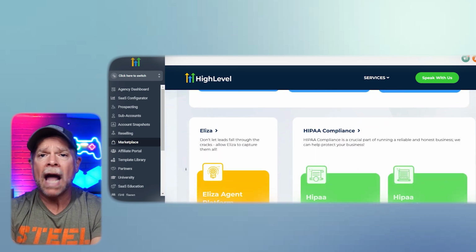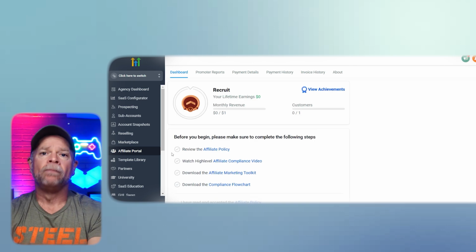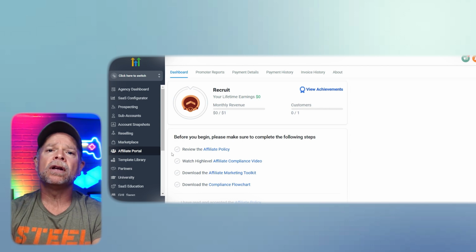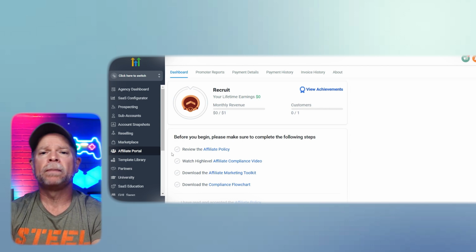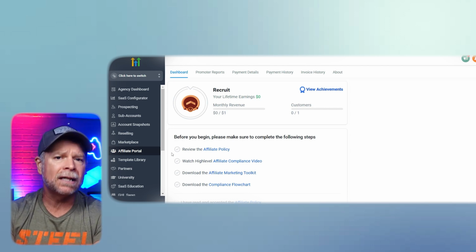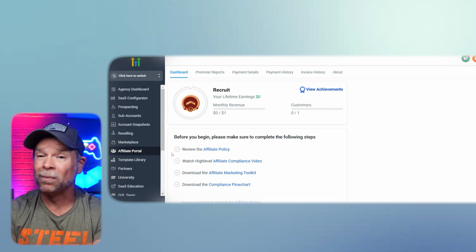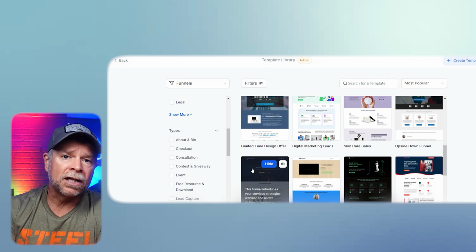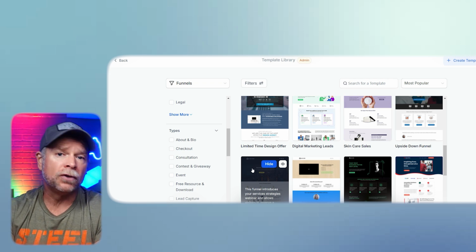Moving along, we have the affiliate portal. Now, this is where you manage your affiliate activities if you're promoting GHL to others. You can find your affiliate links, reports, payments, invoices, and see how well your affiliate campaigns are performing, all from this tab. The template library is a collection of pre-made templates that you can use for campaigns,